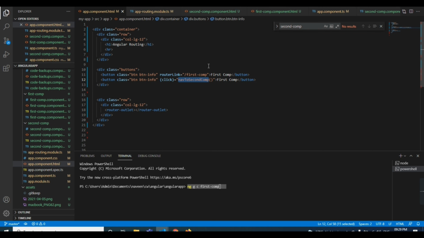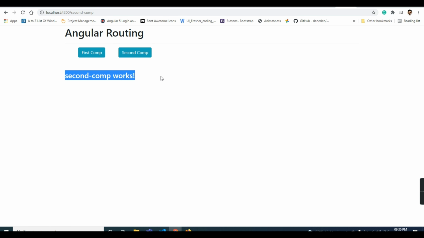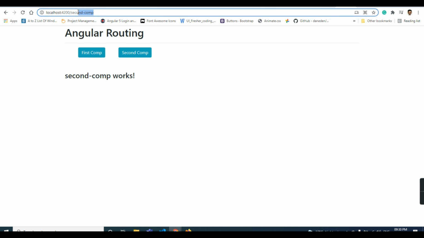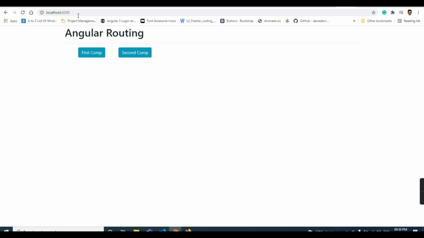Next I will change this name to second component. So here this is the first component. After clicking the route it came to the first component. If I click on second, it came to the second component. If I remove this and press enter, it is in app.component.html. In this way we can do simple routing.